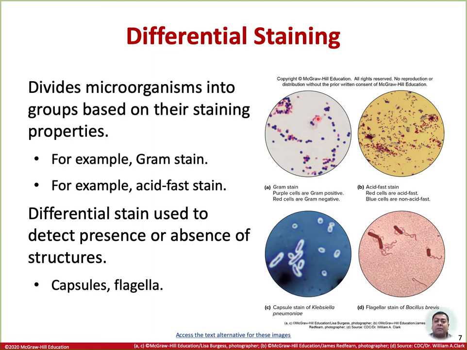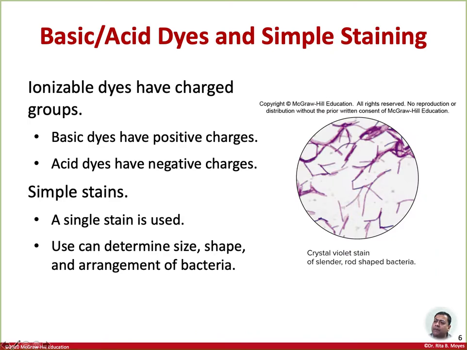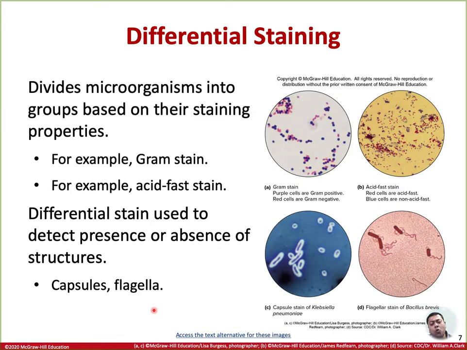Now, use of the Gram stain classifies most bacteria into two groups, again, gram positive or gram negative. Now, please remember that we have talked in the previous slides about the different types of dyes. Basic dyes have positive charges. The acid dyes, or acidic dyes, have negative charges. Now, these dyes actually don't have anything to do with gram positive or gram negative, and we are going to explain what we mean by gram positive and gram negative, nothing to do